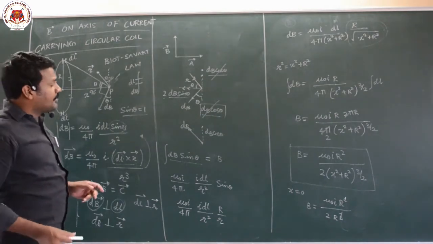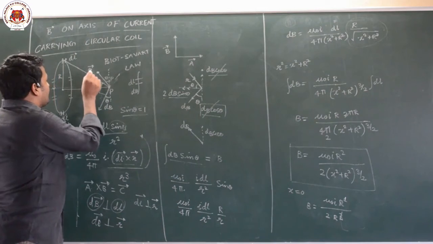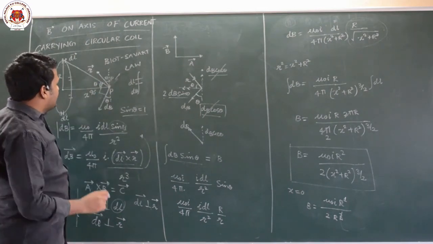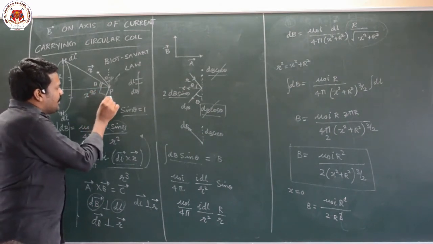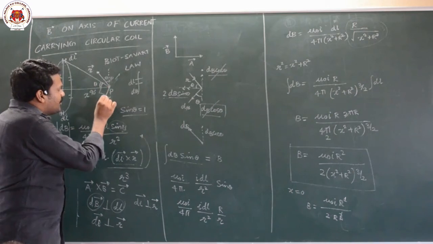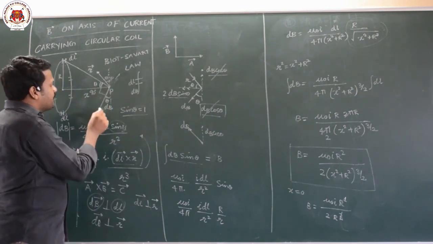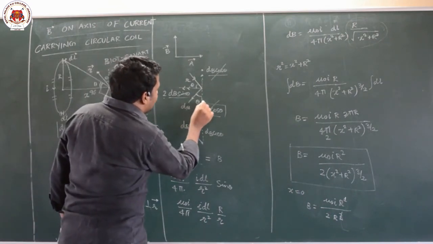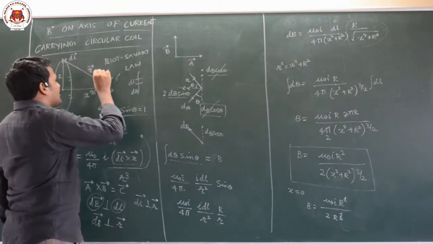Now this is the direction of the magnetic field. I already told you the angle between r and dB will be 90. This is 90, so this part will be 90 minus θ. Again, if you draw one more perpendicular here, this will be θ. So you will get dB cos θ. If you resolve this dB, you get dB cos θ here. Similarly, there will be one more element from here, and that also will have a magnetic field.